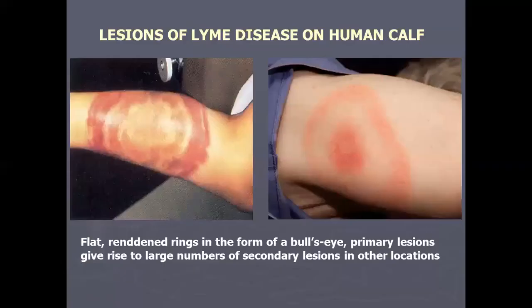This again is the lesions of Lyme disease on the human calf muscles. The lesions are flat, reddened rings in the form of a bullseye. These are the primary lesions, which give rise to a large number of secondary lesions in other locations. So very characteristic are what you call pathognomonic lesions. Pathognomonic lesions are those which really give you a clear clue to the causative organism. These ring-like lesions that appear like the shape of a bull's eye, what we call bullseye lesions,